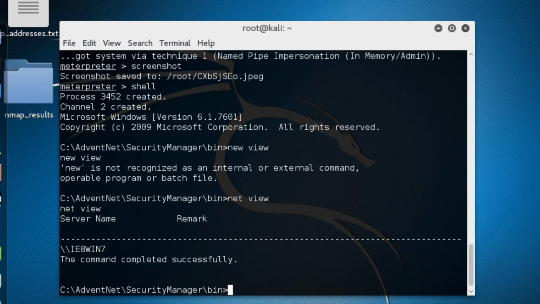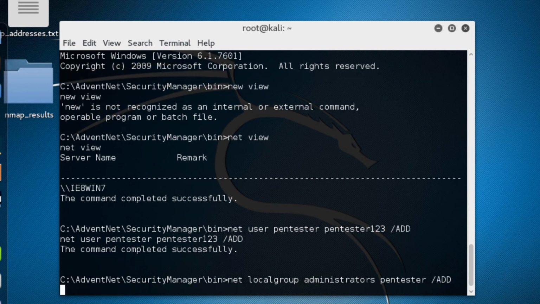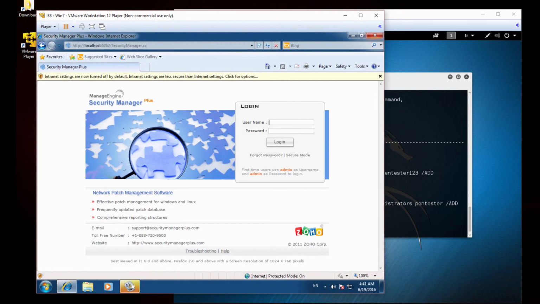Let's create a user, add a user by typing net user pentester 123, this is the password, space /add. It says command completed successfully, and let's also give some privileges to that user. Net localgroup administrators pentester /add. Okay, so let's double check if we have that user on the remote machine